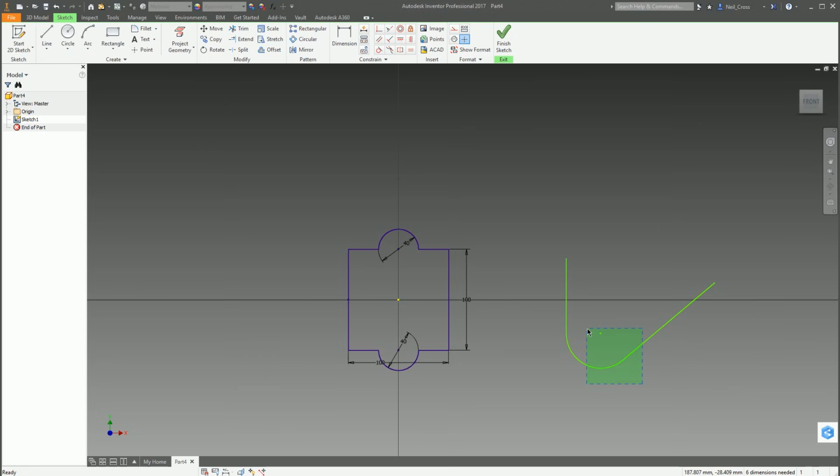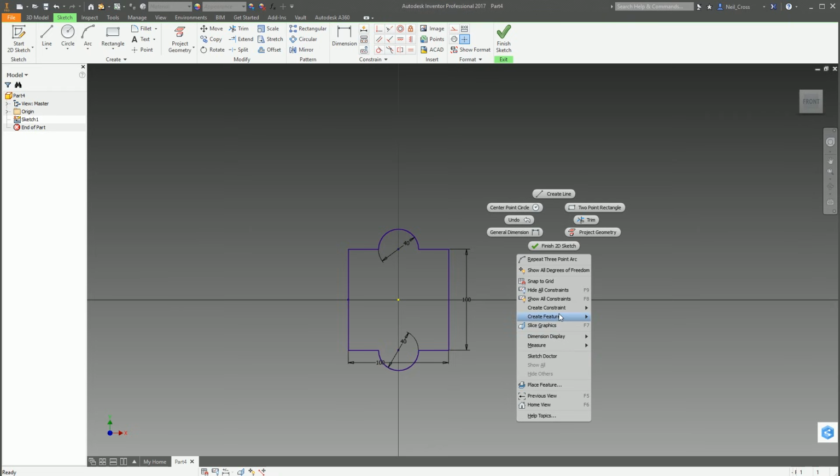Now you can automate tangential constraints though. You don't have to do those manually. You can automate them. So for example, draw an arc, select the end point of the line, pick the second point of the arc, and as you move the cursor down, you can see it's going to snap where it would be tangential to that line. So it's pretty easy to do automatic tangential constraints. All right, what else we got?